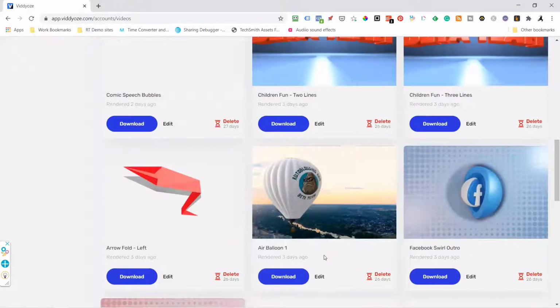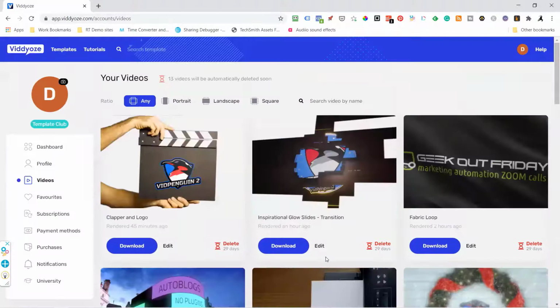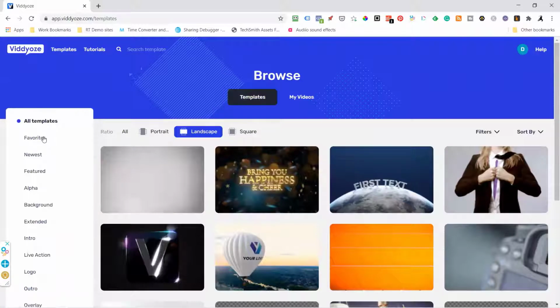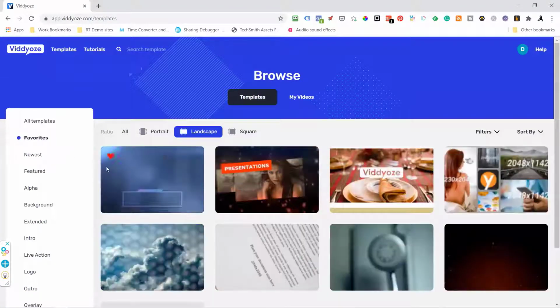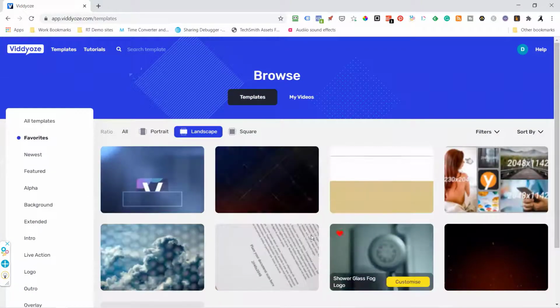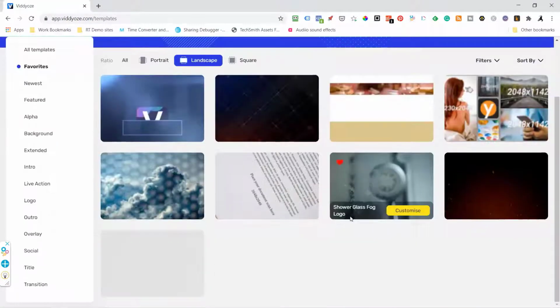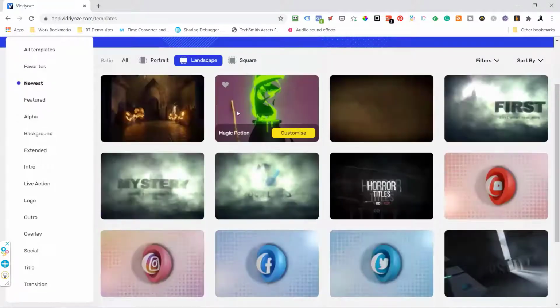Real easy to create. And what I'm going to do is come over here to templates. And here's a lot of choices. So they've got some favorites. If you tagged them as favorites, you can kind of see what everybody else is using as far as favorites here. And here's the newest.